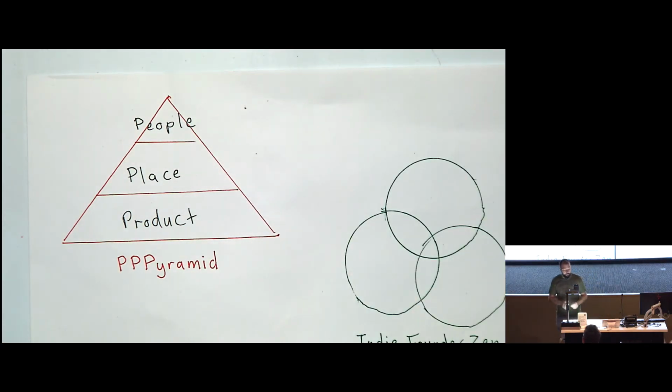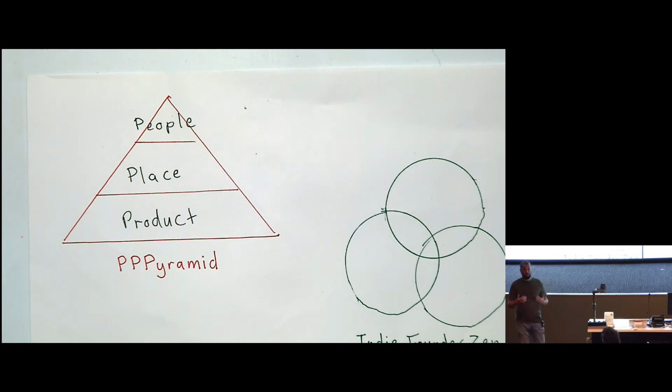So the next thing that's important, and the absolute hardest to find, is you need the right people. And people is hard because not only do you need the right skill sets to be able to pull this thing off, but you need 3 people, or I'll tell you about why 3 people in a second, but you need people who'll work together, who'll form a good team, and even harder, you need people who are able to put time towards your idea, right? Put time towards this new product, people who can invest themselves. So many talented people are already so busy, so it's really, really difficult to find the people you need to launch a product. That's why it's the top of the pyramid. If you can find those people,